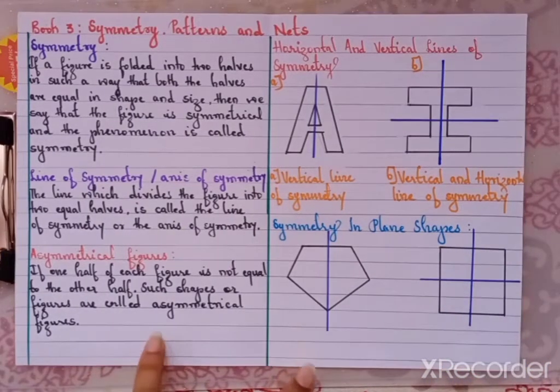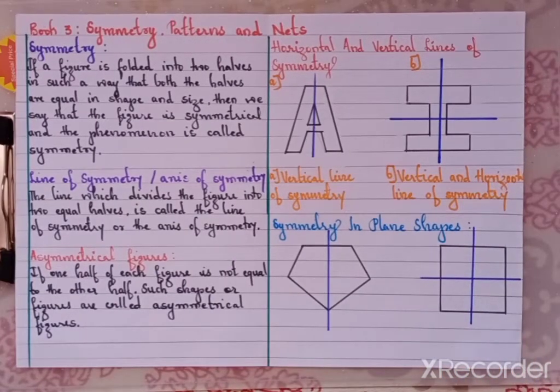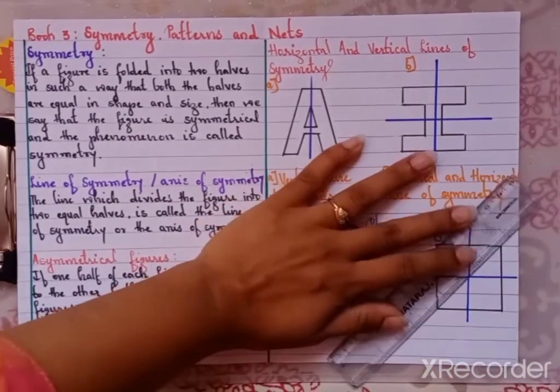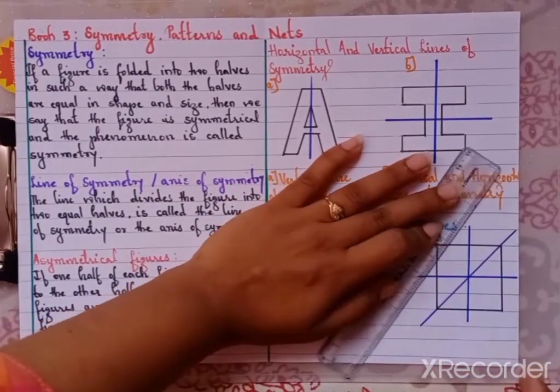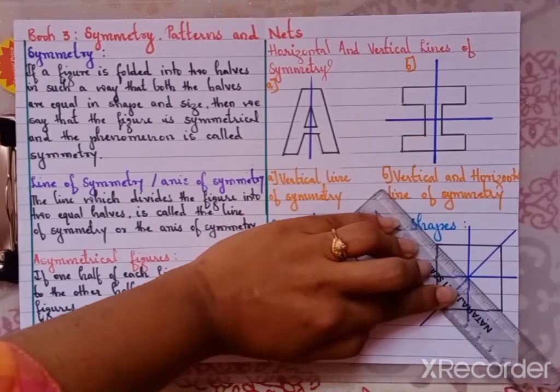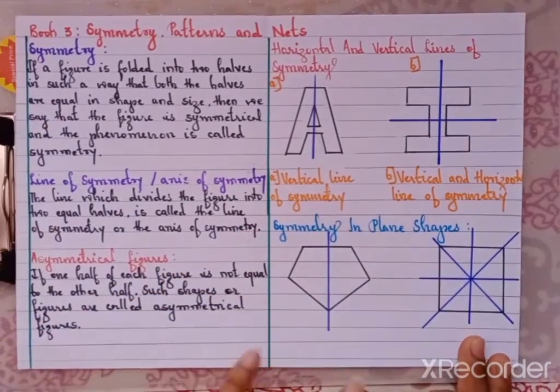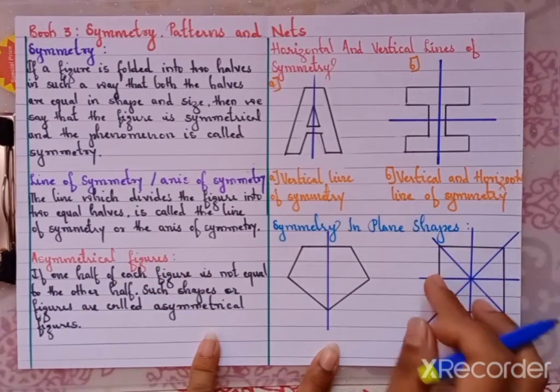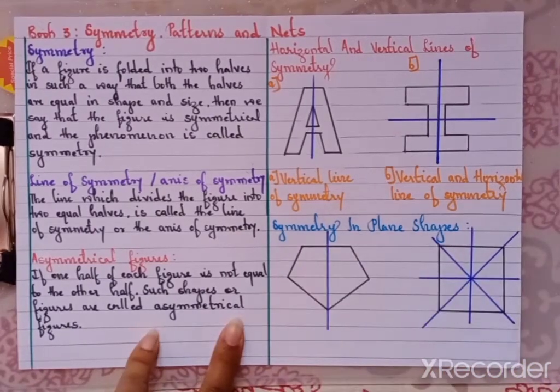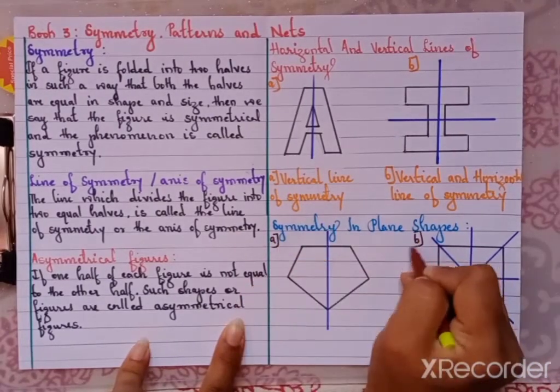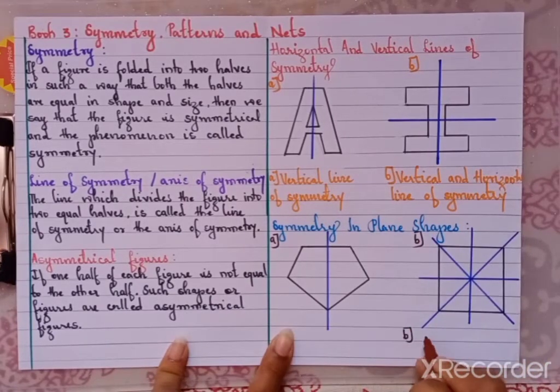For a square, let's see first. One line of symmetry vertical, one horizontal. Even we can draw this way also a line of symmetry, so that the figure looks exactly the same. Even we can draw this way so that the figure will look exactly the same. So let's see how many lines of symmetry we have drawn: 1, 2, 3, 4. Let's write the name for the figure first. This is A figure, this is B figure. So for B figure, 4 lines of symmetry is possible.